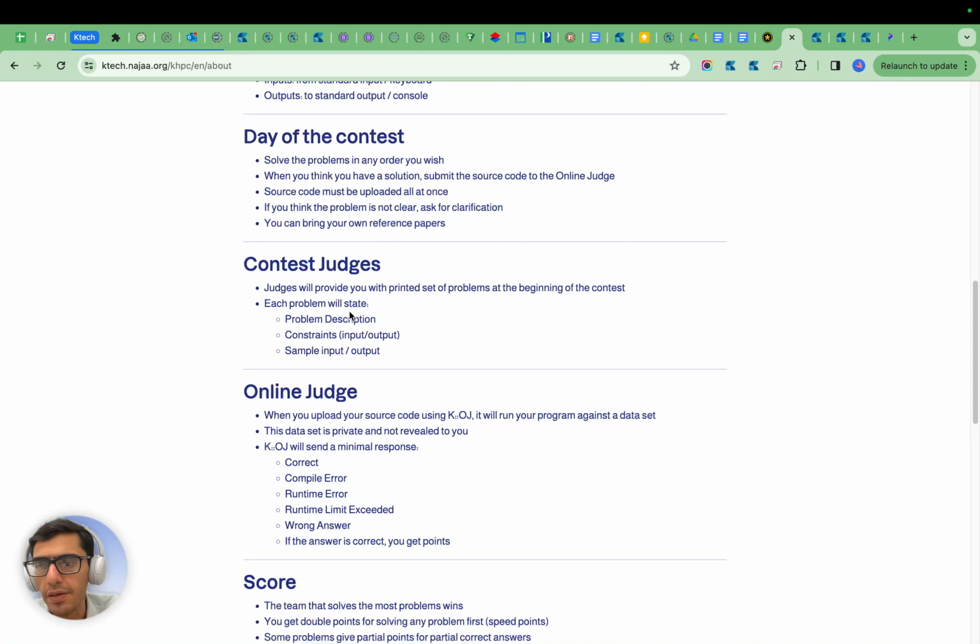So the judge will announce the start of the contest. In addition, he or she will announce that we are approaching the blind hour or the blind half hour. This blind half hour, basically, as you all know, during the contest, the score will be implicitly shown to the participants, meaning there will be a shared scoreboard where they can see how many points each team